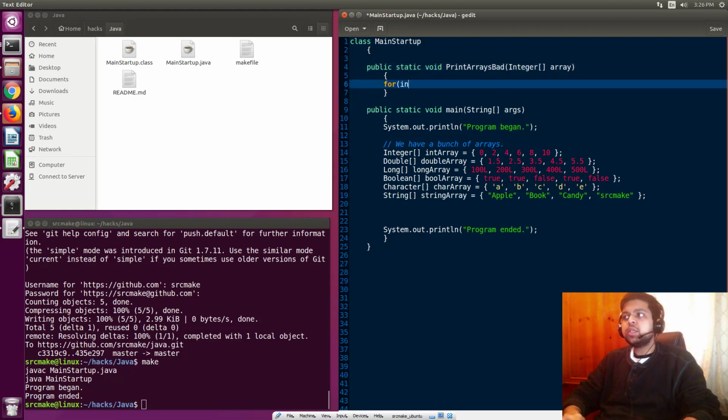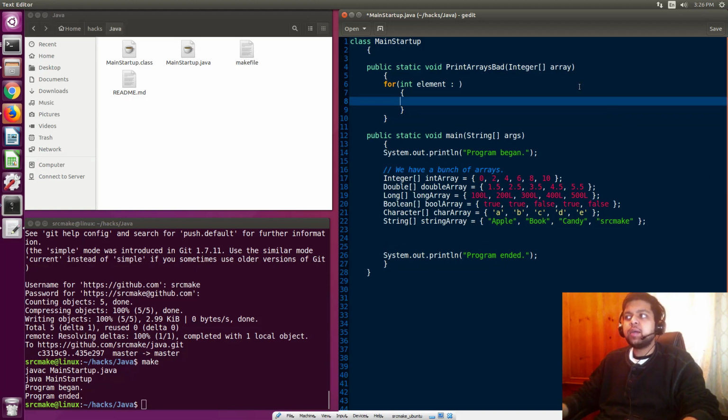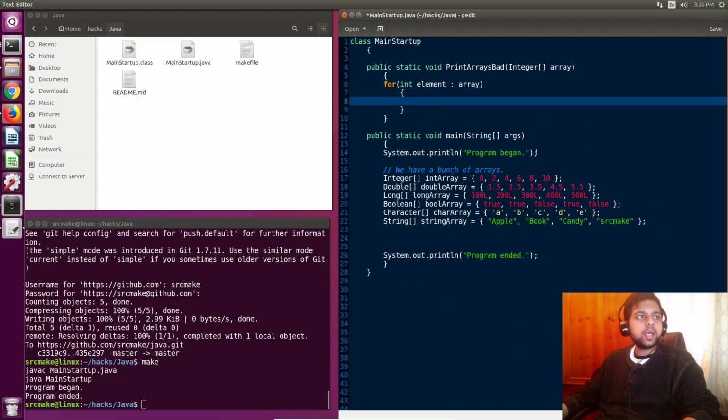And the way you print it is, I talked about this in the data structure video, but not in the for loops video. A loop basically goes through a number of items, and the way we saw it is like for int i equals 0, i is less than some number, i plus plus. But you can also do this by going through the data structure itself. Java is really helpful. For each integer inside of the array, the integer that we're on right now is element, and we'll just keep looping through it. So Java will handle that for us, and we want to print it, right? That's the functionality we want. So it's just System.out.println